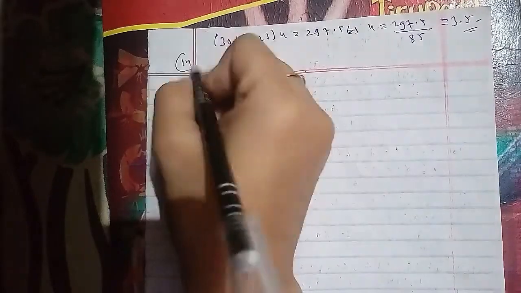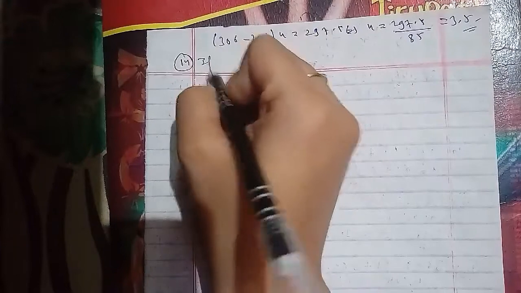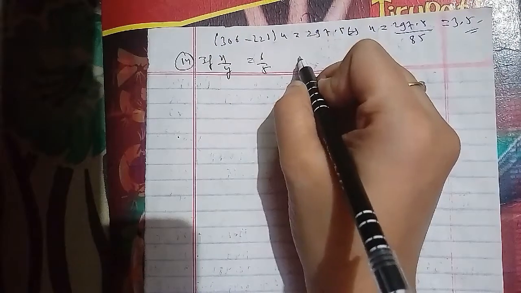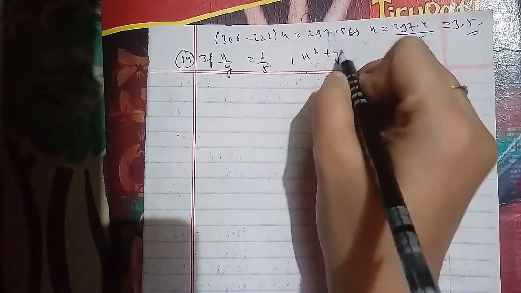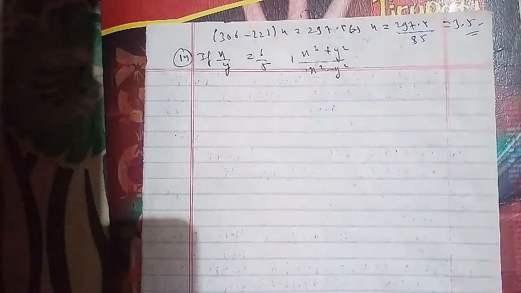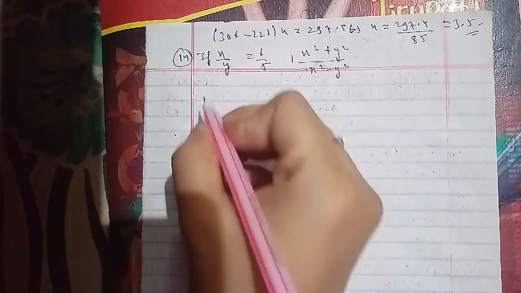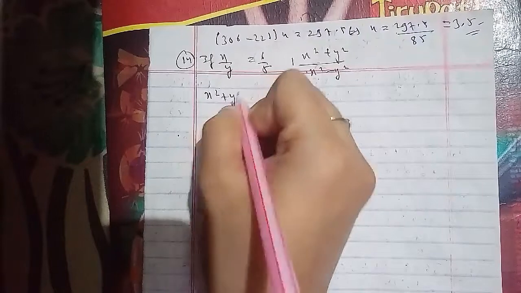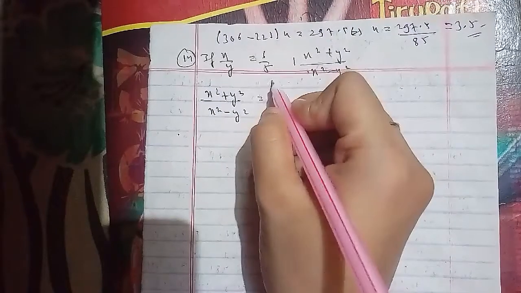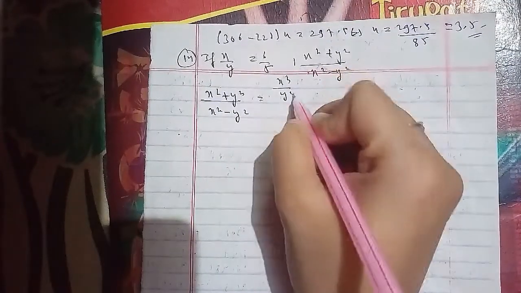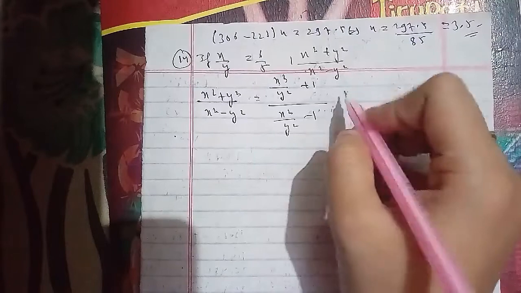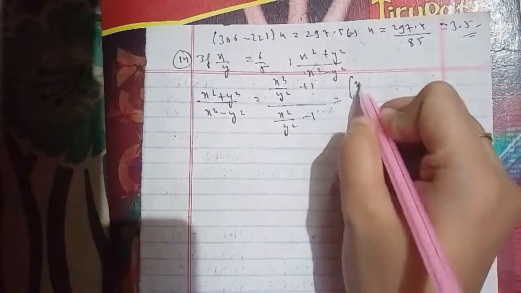The 14th question of the session we have: if x upon y is equal to 6 upon 5, then you have to find the value of (x square plus y square) upon (x square minus y square). So let's go ahead. (x square plus y square) upon (x square minus y square) equals (x square upon y square plus 1) upon (x square upon y square minus 1), which equals (x upon y) square plus 1